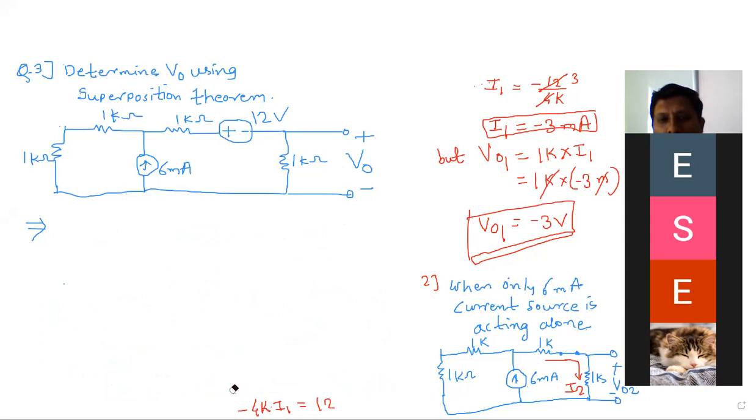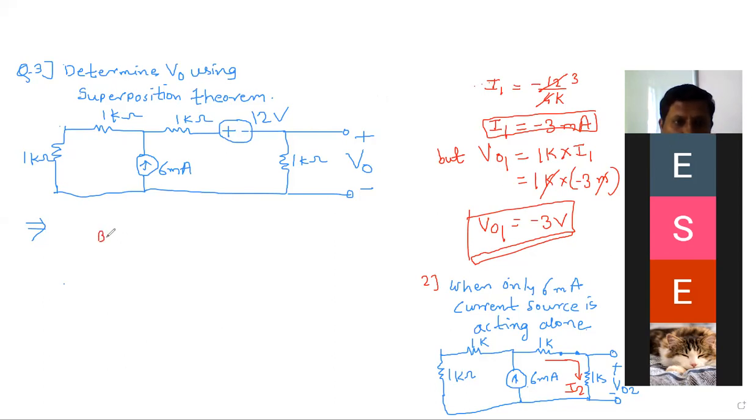But if you are sure that you are perfect in current division, you should be perfect because it is required in unit number 1 and as well as unit number 3, unit number 6, everywhere. Unit number 4 also. So current division is the key factor in the NTA subject. By using current division, you can get the answer in fewer steps and very accurately.